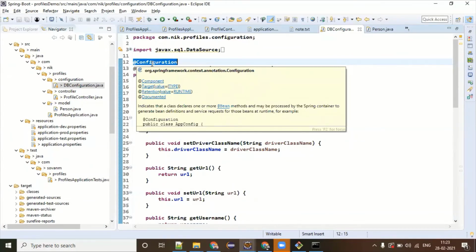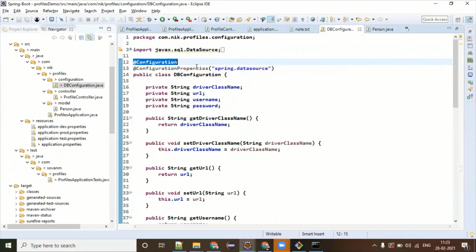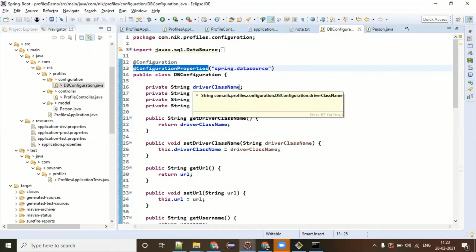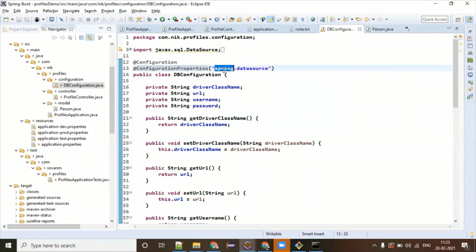Okay, and we have another tag below, @ConfigurationProperties spring.datasource, right? Exactly. So this property is something in your properties file where you have keys. If you do not want to entertain many keys, you just want the properties which start with spring.datasource. Only those have to be loaded. Are you getting my point?